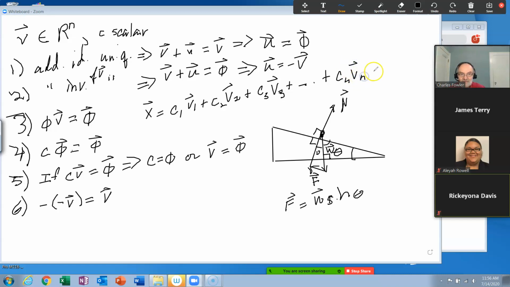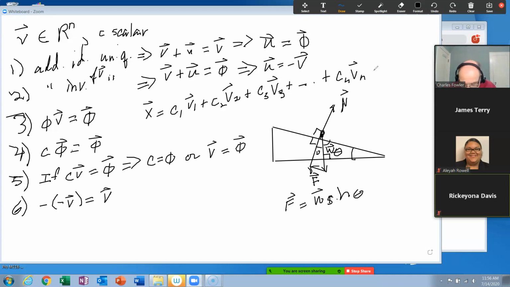Now I think they're using n here. Are they? Yeah. Okay. Now what we're saying there is you're given a set of vectors, the v's, v1 through vn, and some set of numbers, c1 through cn, and this vector x is written as a linear combination of those other vectors. That's what we mean by that. And that's what it's called. x is called a linear combination of those vectors v.